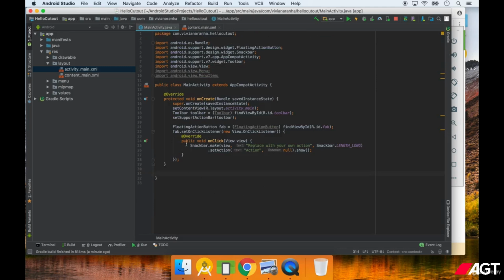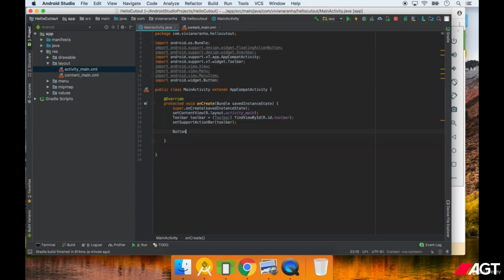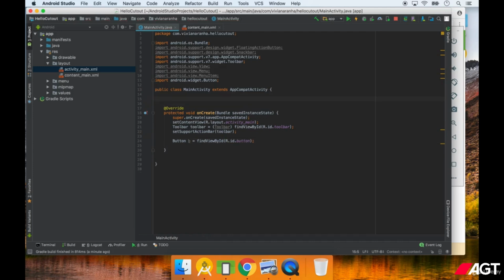I'm going to go back here, and I can get rid of the floating options, and here I can say let's get the button be equal to findViewById, R.id.button. So I have my button available here. I'm going to import the different types of layout parameters that I have for cutout, and I can just say, oops, not here, go above,